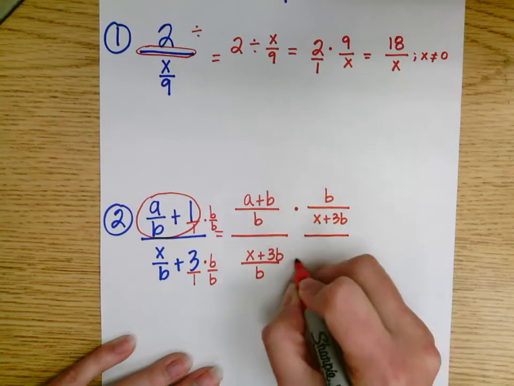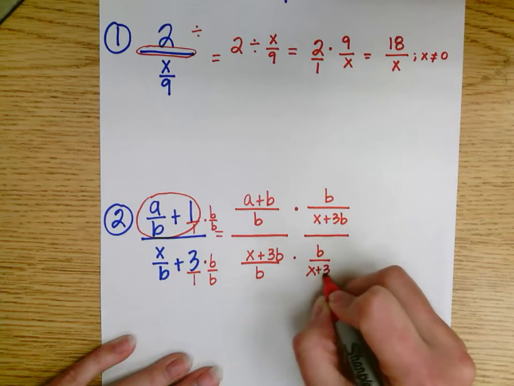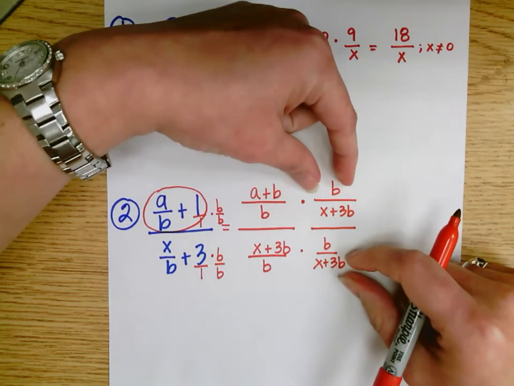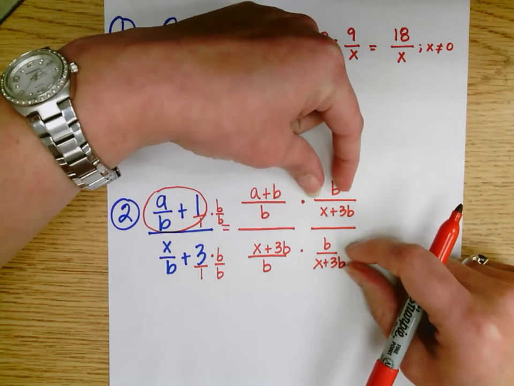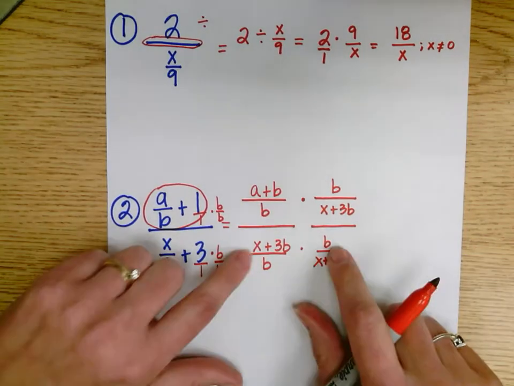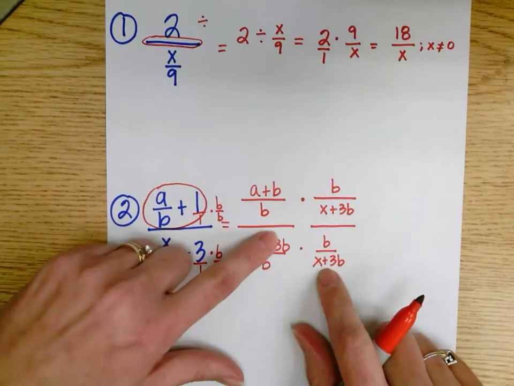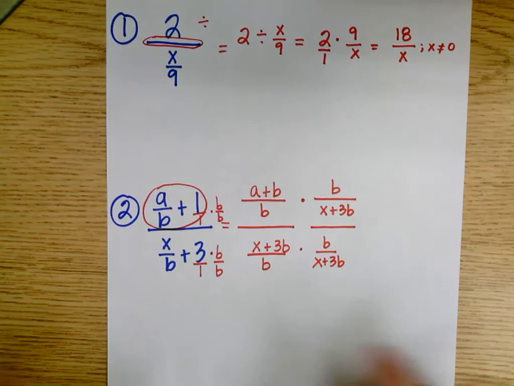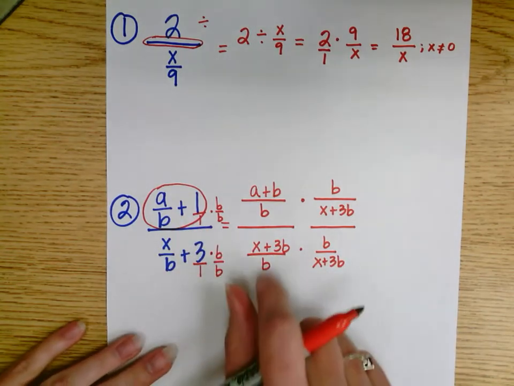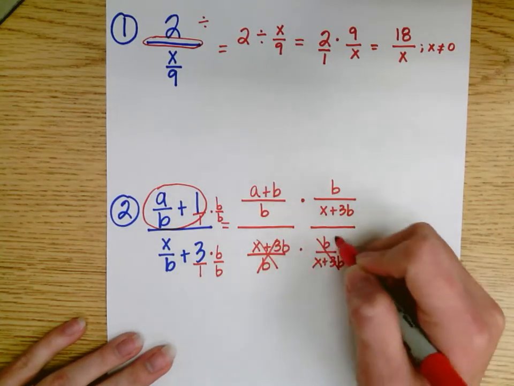Now you may see somebody come through like this, and this is what they're doing. They say, well, if I multiply this nasty fraction over this nasty fraction, that's really multiplying by 1, so I'm not changing anything. And then if I look here, in this multiplication these are going to cancel, these are going to cancel, so that's going to make this a 1. So really when you are doing your keep, change, and multiply by the reciprocal, you are really doing this idea where these guys cancel,